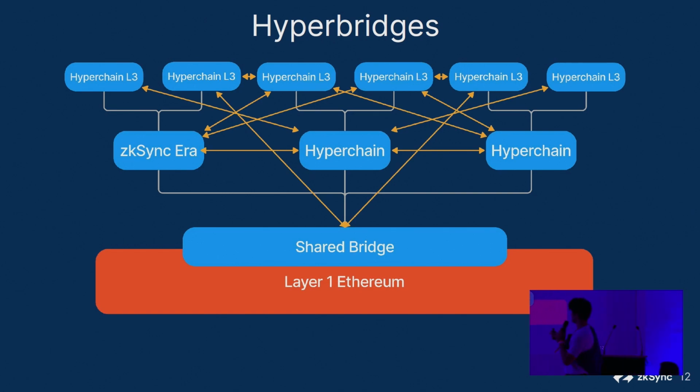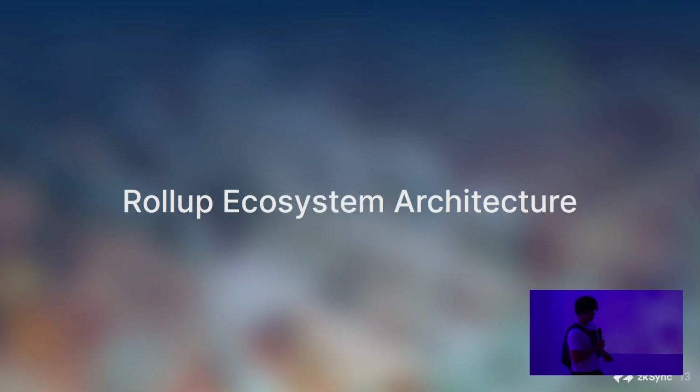It is trustless, as it is verified by the L1 ultimately in cryptography. It is also cheap, as transactions don't have to go through L1, and this is how we get ultimately horizontal scalability, because anyone will be able to launch their own hyperchain and be part of this ecosystem. So that's the basic architecture. Now let's dig a bit more into the details, like layer 3s, shared provers, etc.